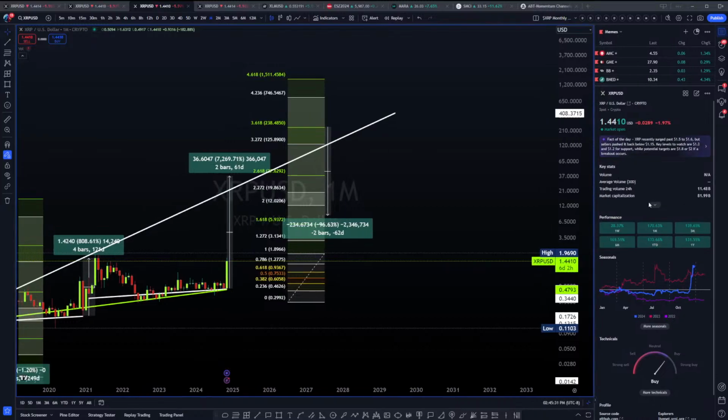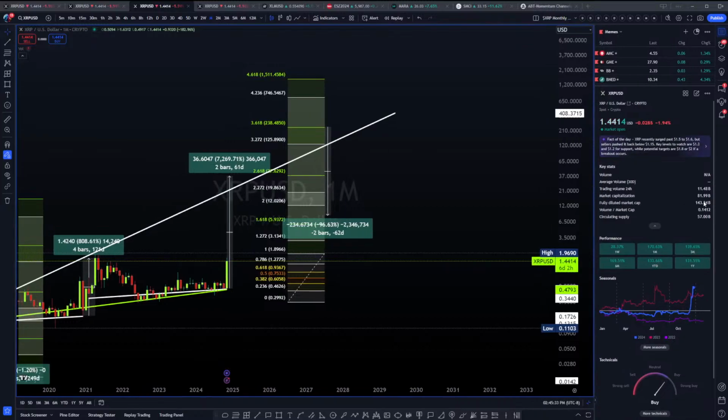Let's take a look. This has a market capitalization of about 81 billion. So nice, right? But let's see, the supply. Oh, the fully diluted market cap is 143. Okay, and then we have a circulating supply of 57 billion. So, how is that? It feels like it's been suppressed. So it's like a mid cap to large cap, but suppressed down to a micro cap. In other words, I may have to say that it's undervalued.